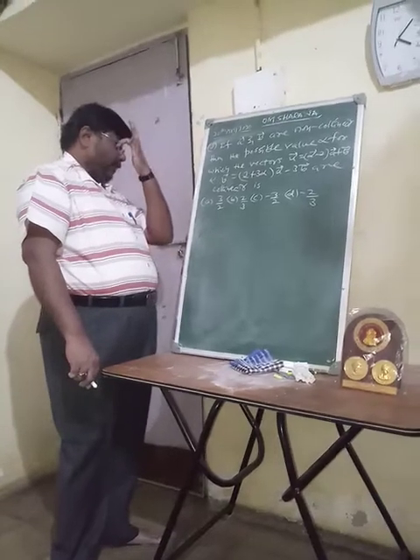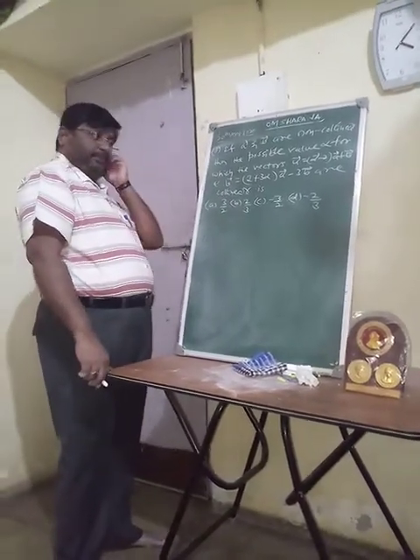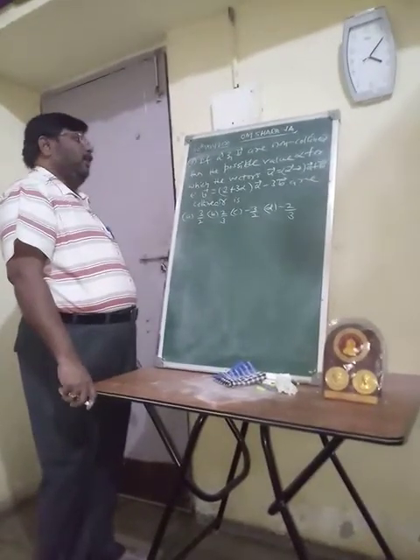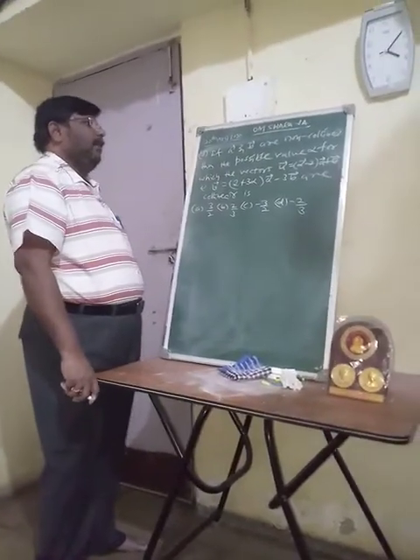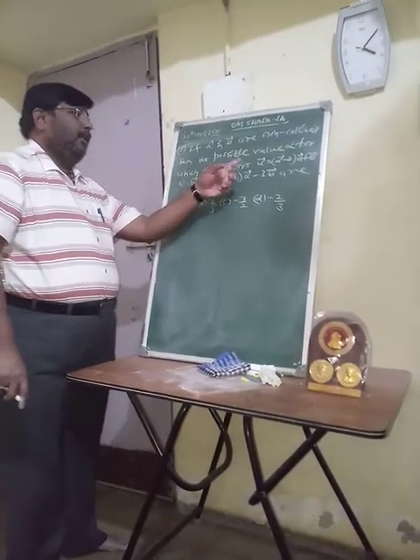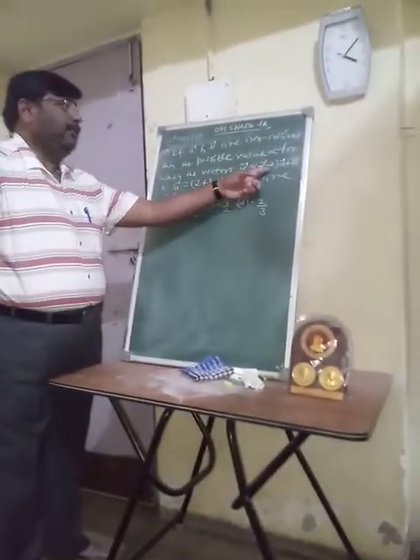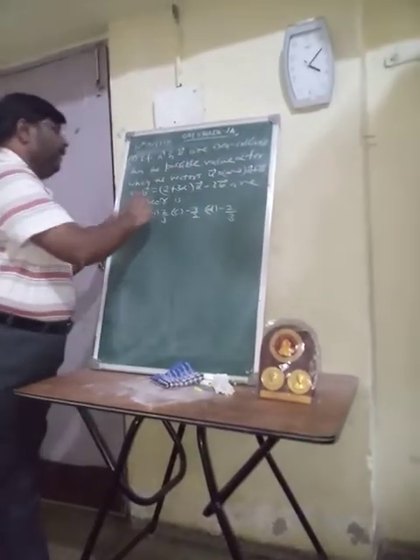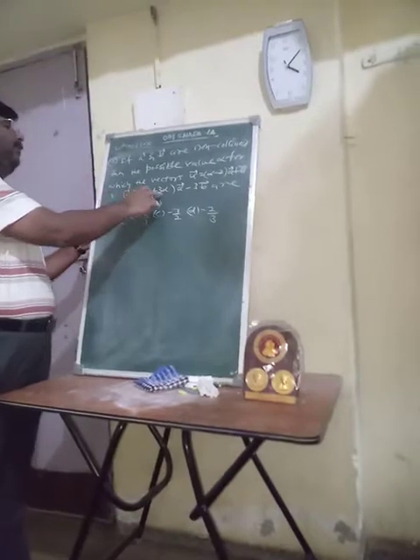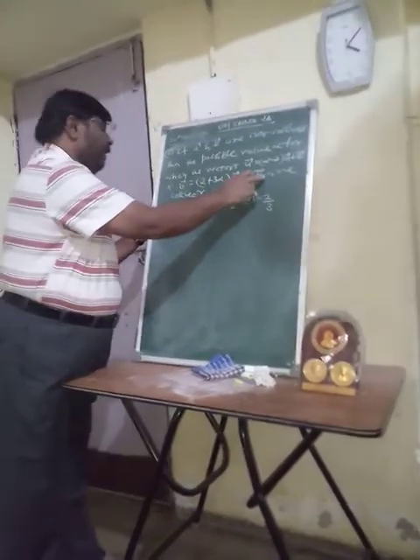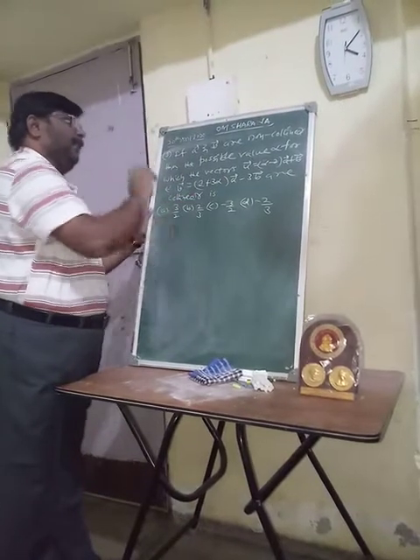To the third question. If vector A and vector B are non-collinear, then the possible value of alpha for which the vectors U equal to (alpha minus 2) times vector A plus vector B, and vector V equal to (2 plus 3 alpha) times vector A minus 3 vector B, are collinear is.